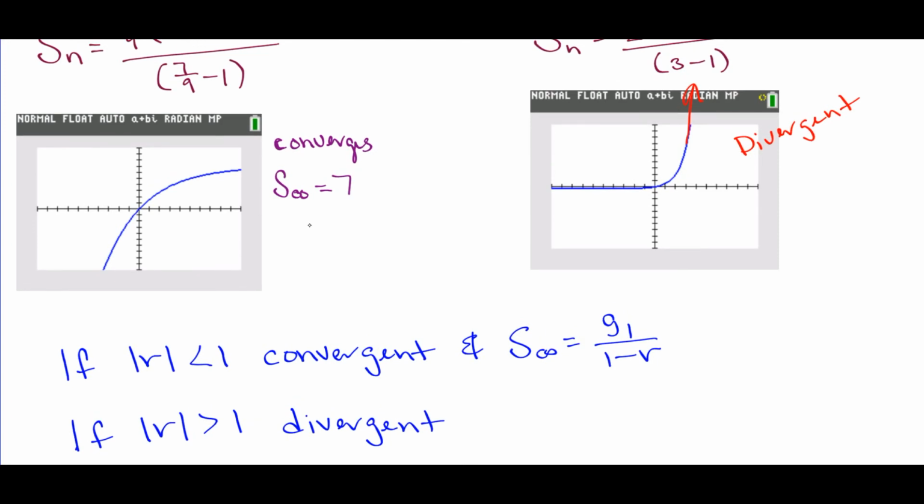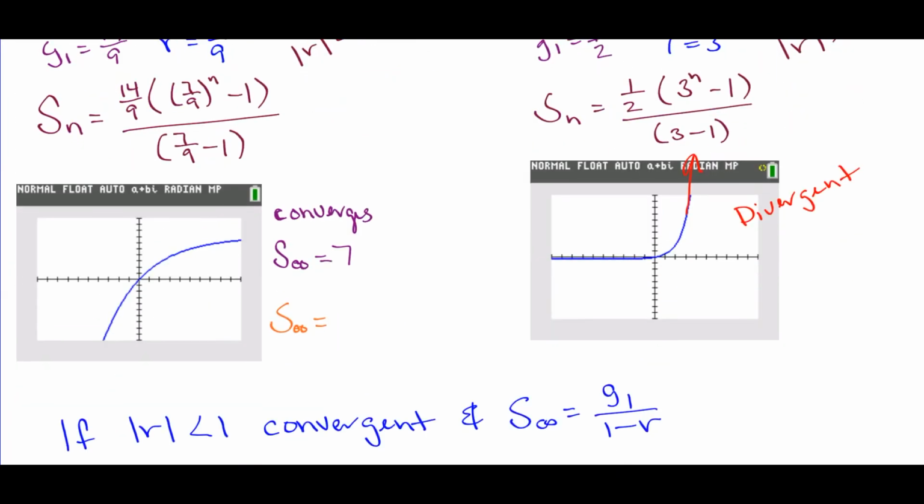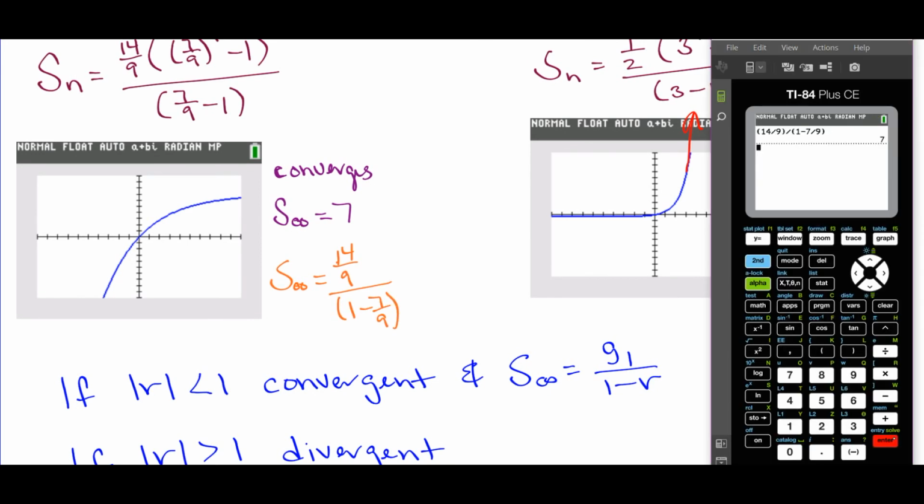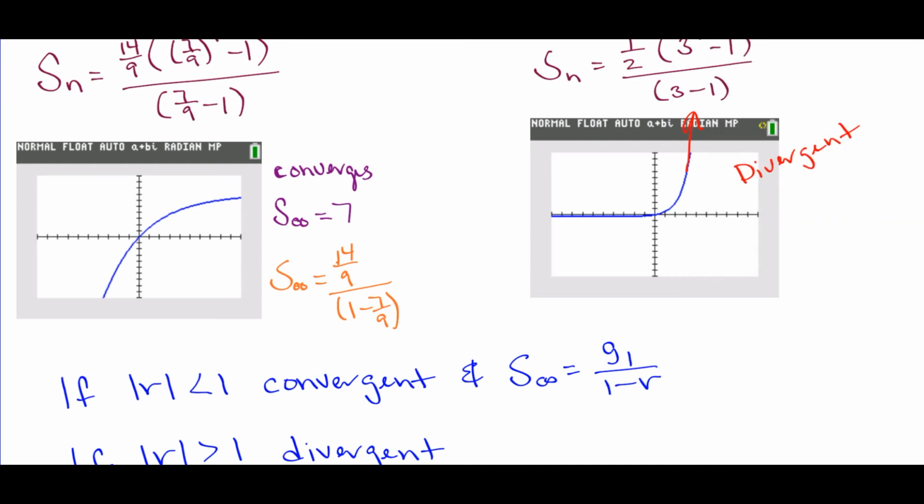So if we come back to this first example and we use this formula, we could have done the infinite summation is the first term, which was 14 over 9, over 1 minus r, so 1 minus 7/9. If I calculate that, I get 7, which is what we got by looking at the graph. So this tells me that I don't have to go through all of that work. I can just use the rules that we came up with here, and then we're going to put those into